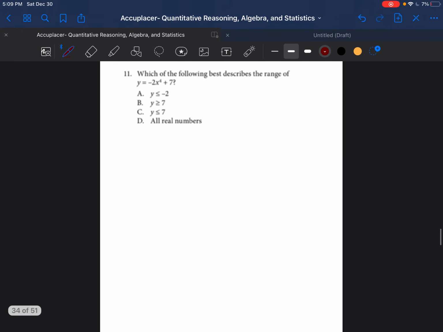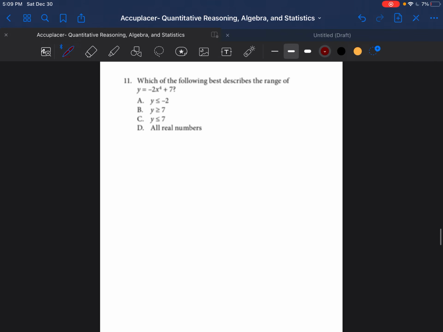All right. Well, let's go to problem number 11, and this is going to be our last one for this video because I know we're taking in a lot of information. You guys are doing so very well. So it says, which of the following best describes the range of y is equal to negative 2x to the